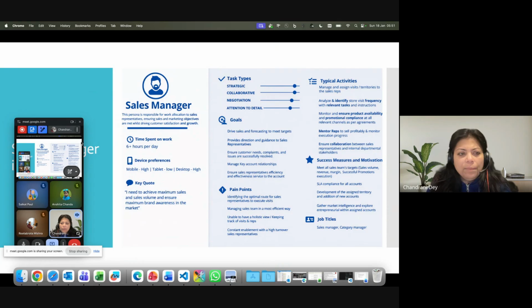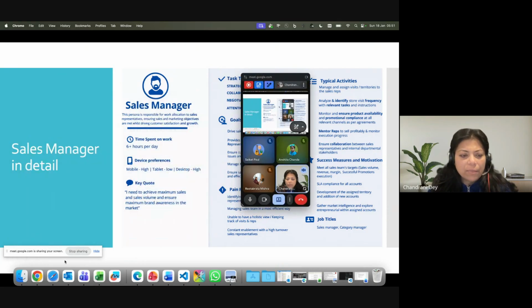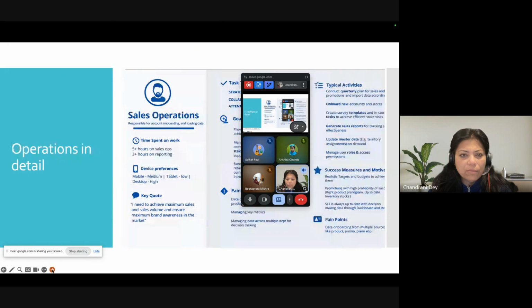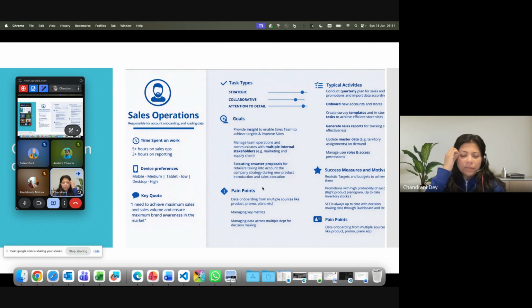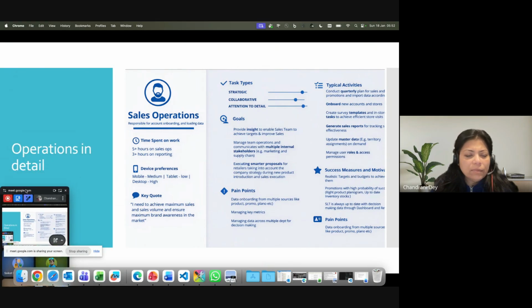Okay, if we do not spend much time here, let's go to the next one, that is operations. So these were the typical three personas we were talking about last day, right? Again, a sales operations person is going to spend most of his time in the desktop app. Give me 1 second, I'll pull this down.